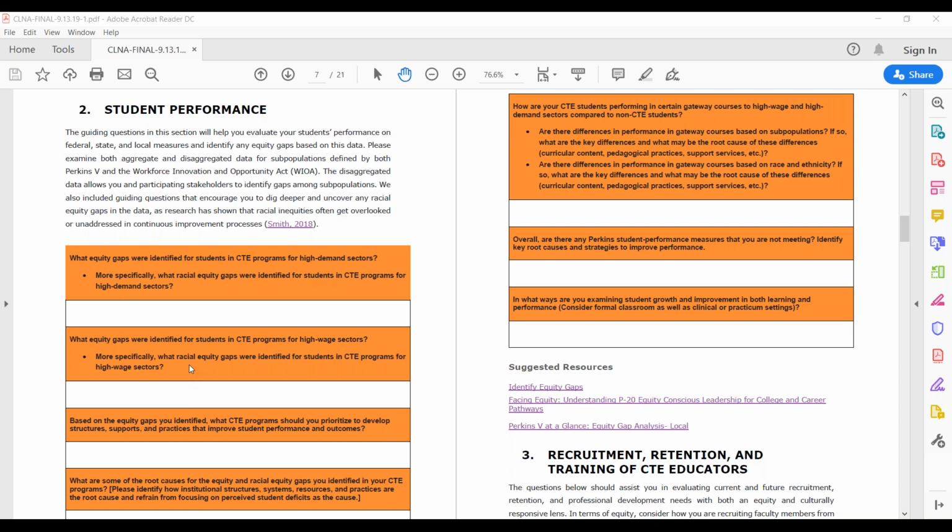So I think some of these I'm going to punt a little bit, honestly, just because we don't necessarily have the data organized in the way the question's asking us to look at it. And then I also think the Perkins students' performance measures, that's going to be a little bit puntish this first time through. And I think the last question about how we assess student learning is something that's kind of a perennial